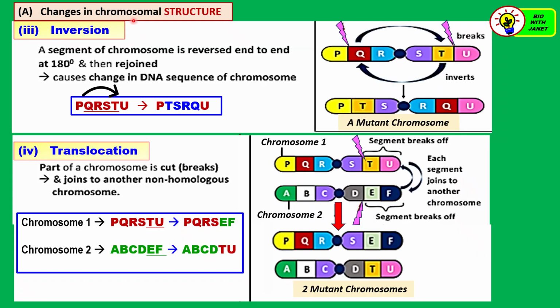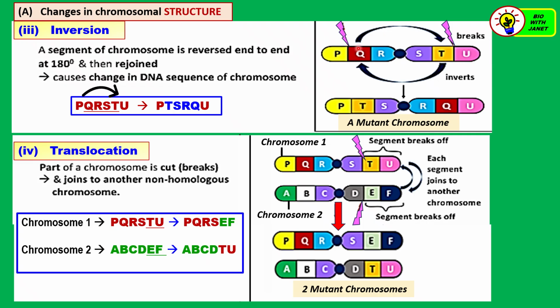Then thirdly, the third type of chromosomal aberration is inversion. A segment of chromosome is reversed end to end at 180 degrees and then rejoined. This causes a change in the DNA sequence in the chromosome. For example, if you look at this picture, the original chromosome has these segments, PQRSTU, but the segment